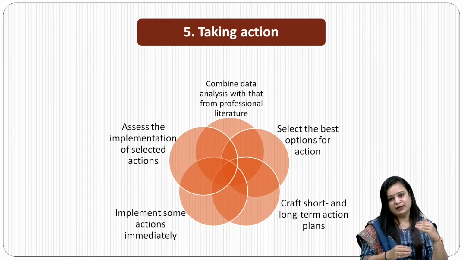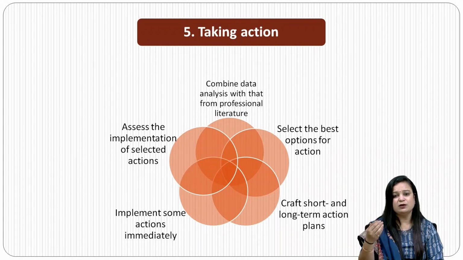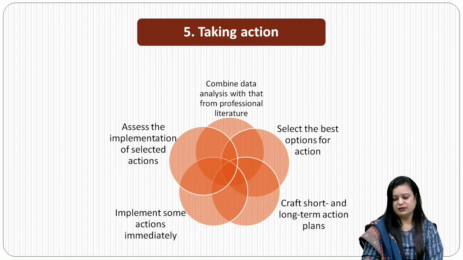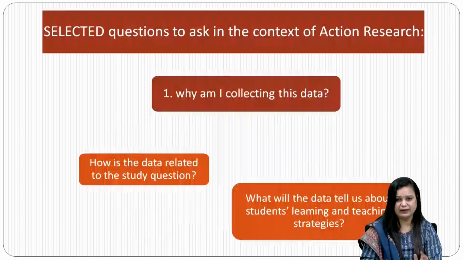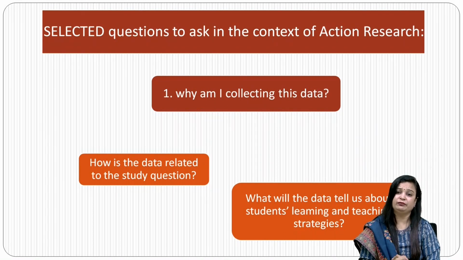Or once the entire execution is done, you start by analyzing or assessing, so that you can correct yourself where the implementation stage goes wrong, and you know you have to plan with strategy B, you have to plan with strategy C. So you start with strategy 5, 6, 7, whatever is required. So assessment of implementation is again required, and this is how action is to be taken while we work with action research.